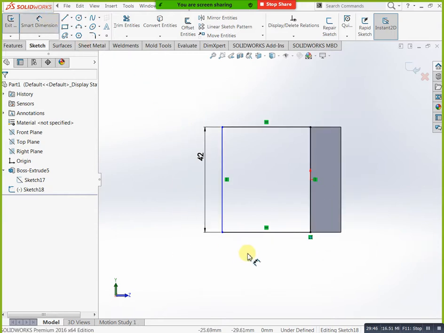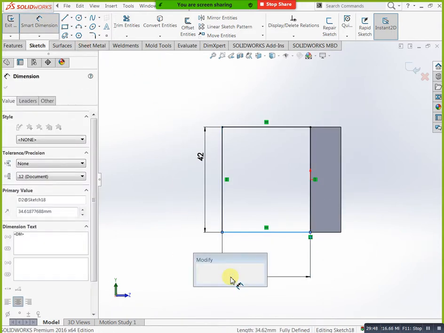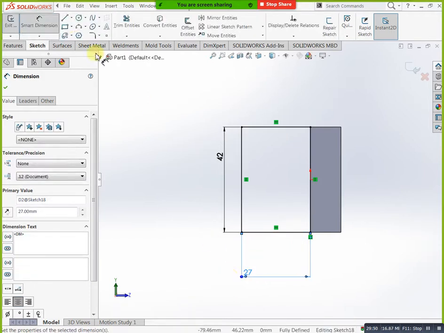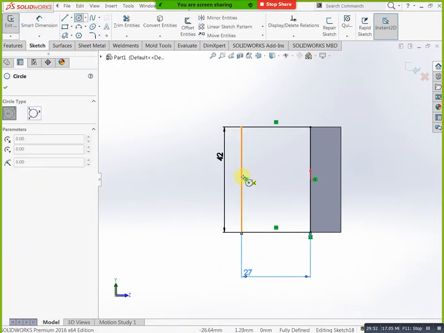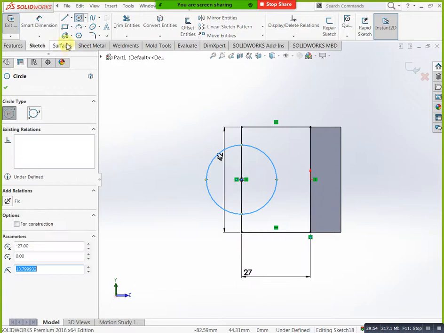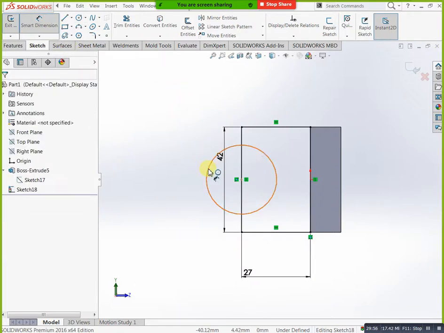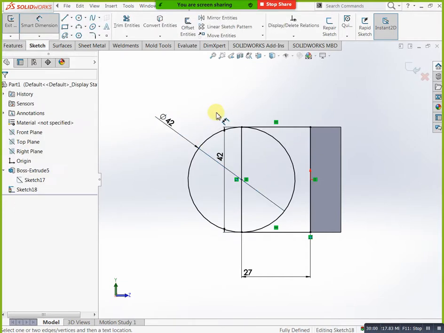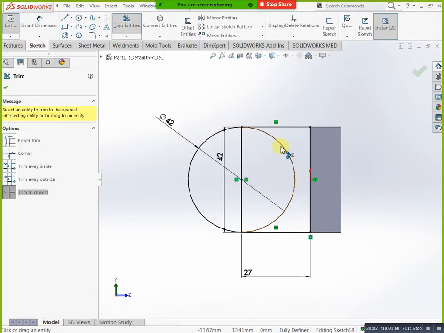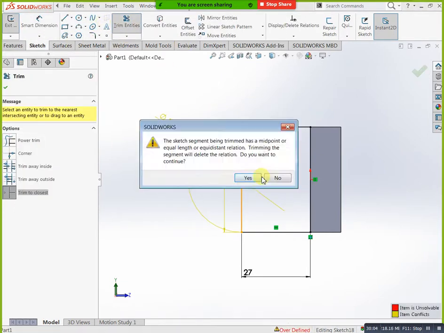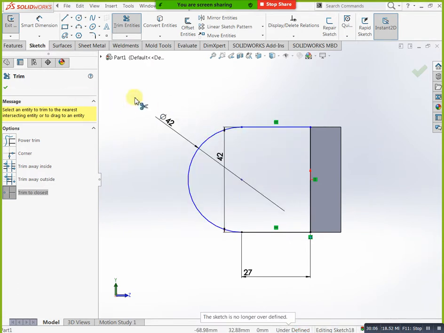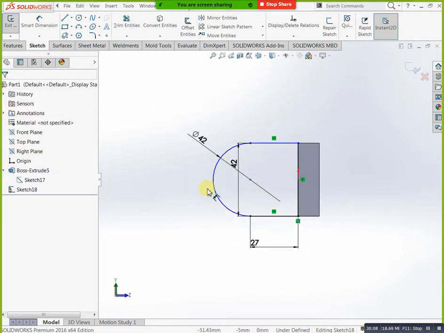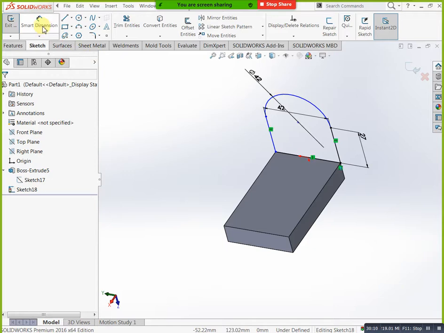Here we have the end. Now you can take one line, exactly as I'm mentioning here. Now you can mention your dimension exactly, from this one to here, 42. Finish now. Okay, now you can take a rib here, okay. If you need a dimension here, you can mention 12.